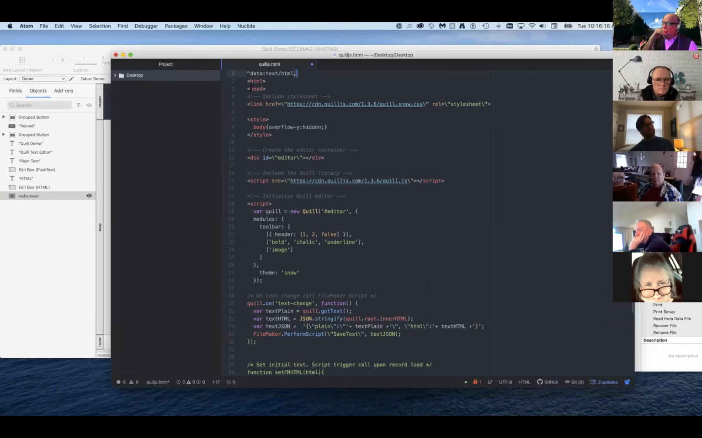So now we have our typical web page stuff. We have an HTML tag, a head tag. In our head tag, we want to bring in the JavaScript library that we're using. So we want to bring in both the style sheets and the JavaScript library. So here is the style sheets,